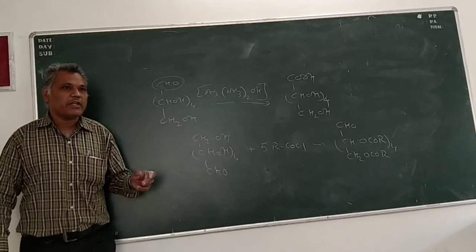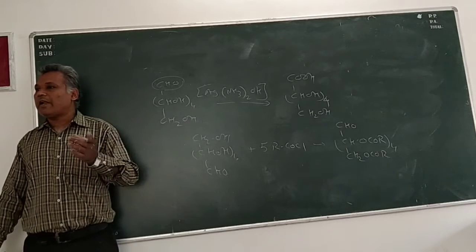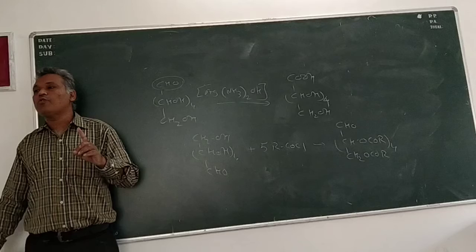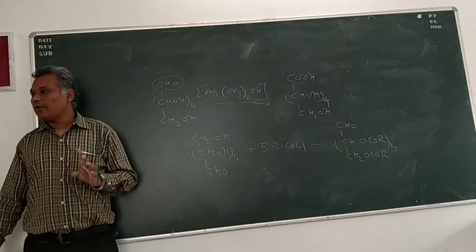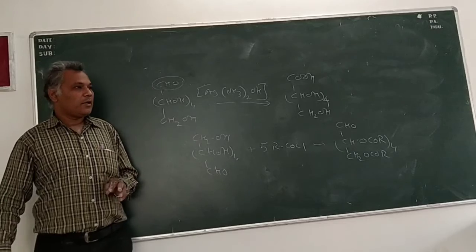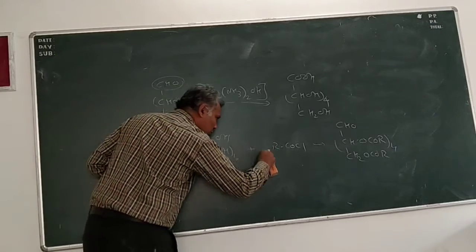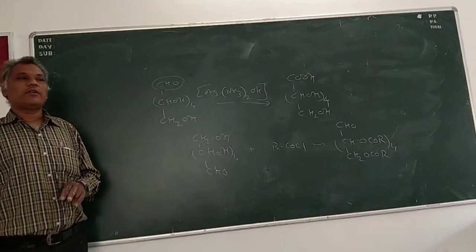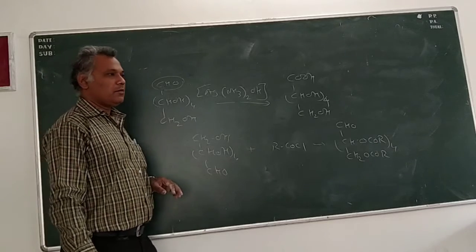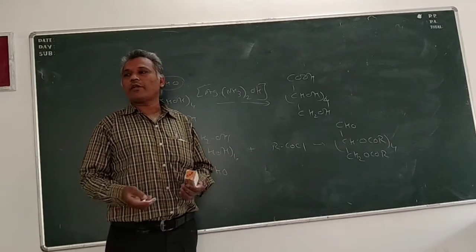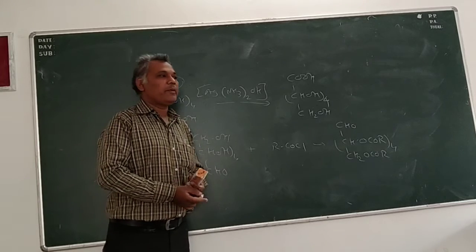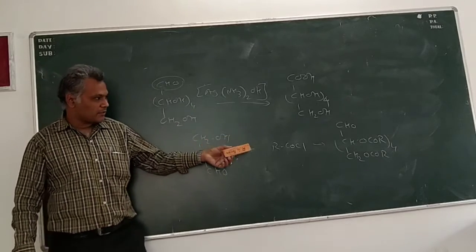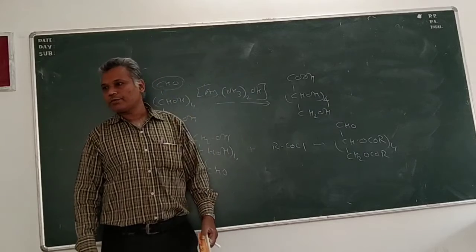ऑर्गेनिक में बैलेंस करने की जरूरत नहीं है, लेकिन इनऑर्गेनिक में बैलेंस करना कंपलसरी है. सारे प्रोडक्ट्स राइट होंगे फिर भी लॉन्ग कर देंगे, वो बैलेंस नहीं हुआ तो रिएक्शन. इनऑर्गेनिक में, ऑर्गेनिक में चलेगा. ठीक है? Is it clear? You can see in your book also. We have not balanced it by writing 5 RCOCl. Right? They have written only RCOCl, and they have written in the theory that 5 moles of it are required to produce penta-acetyl derivative that produces 5 ester groups, 5 OCOR groups.